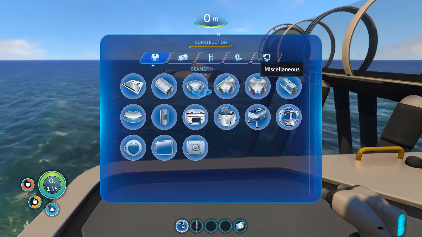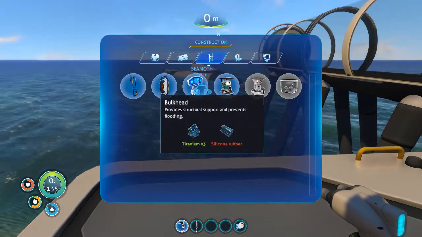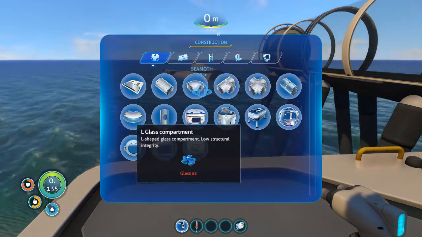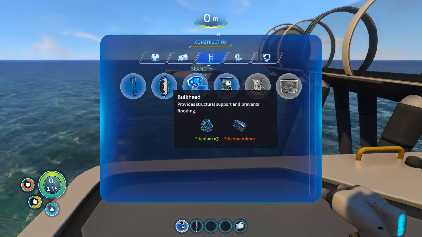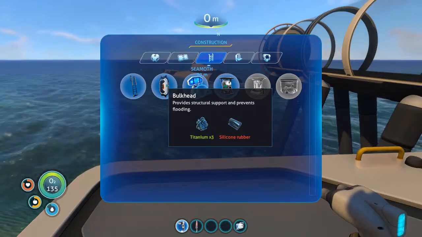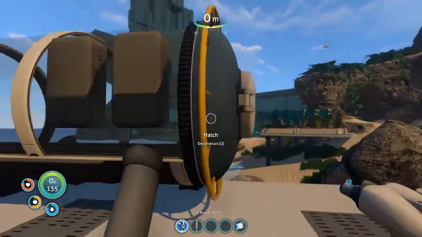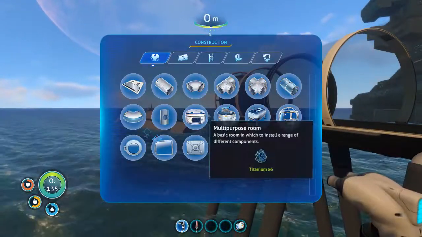And the other thing is bulkheads. Bulkheads are probably the prettiest. Reinforcements are fine and probably actually a little bit cheaper, but bulkheads look really cool. I think, not that bulkheads cost more, but I think reinforcements provide more hull integrity than bulkheads do. Pretty sure. So anyway,